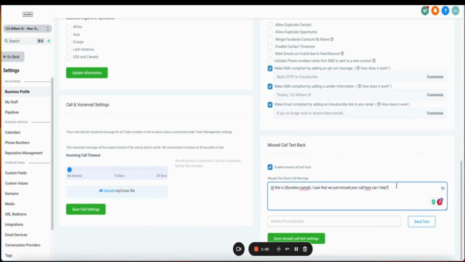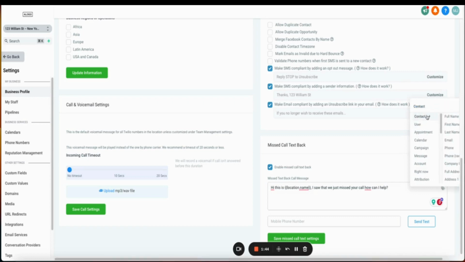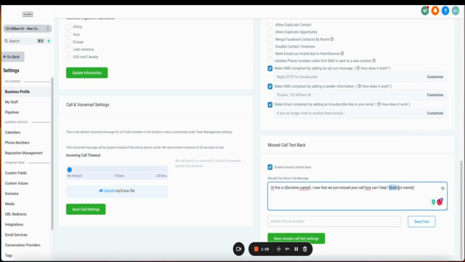Keep in mind that if you're going to use any custom values, if there's anything to do with a first name, right, the system would have to have that person as a contact prior to them making the call. If they're a brand new contact and they've never been in the system and you try to start using these values, it will not work because the system doesn't know their actual name. It has their phone number, but doesn't know their name. So keep that in mind when building this out, because in most cases, it will be a new customer calling you.